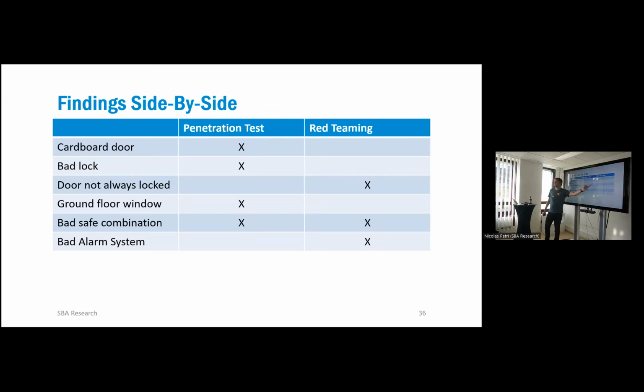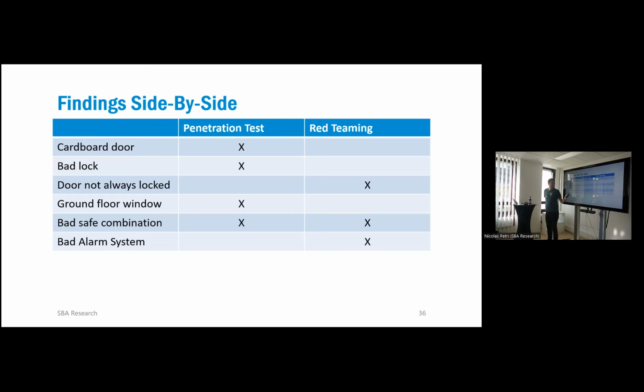The door wasn't always locked. How can a penetration test know? You invite them into your apartment, they would not know. This is a process vulnerability, basically. In a company, you would say maybe there is a policy that the door always has to be locked. Was it actually done? In an apartment, of course, this is basically what you did wrong. But in a company, you would ask, is there a policy? If there is no policy, this is a problem. You should implement a policy that the door should always be locked. And if it's not done, you have to monitor this maybe.